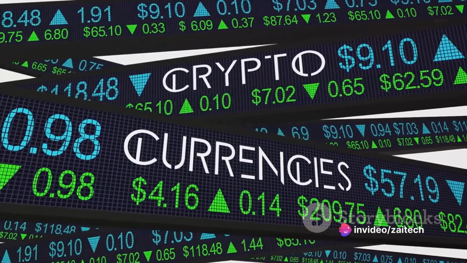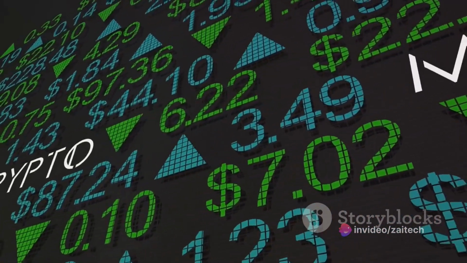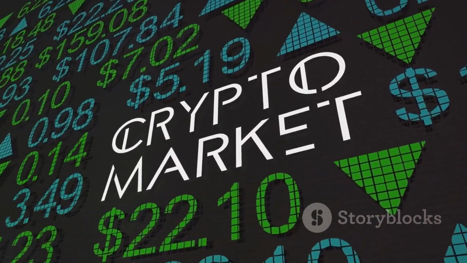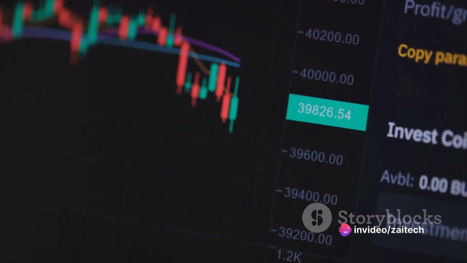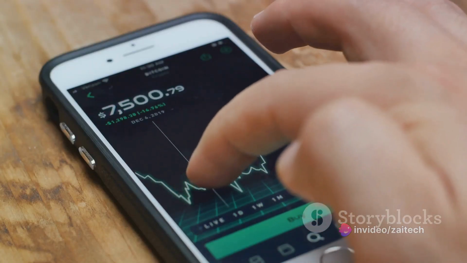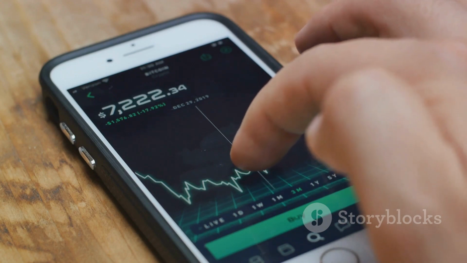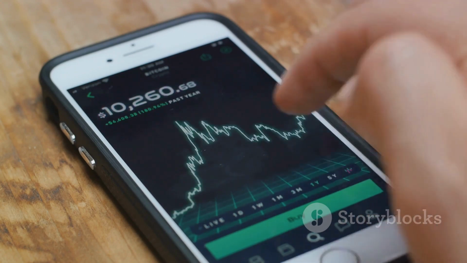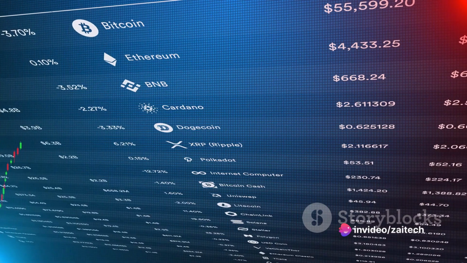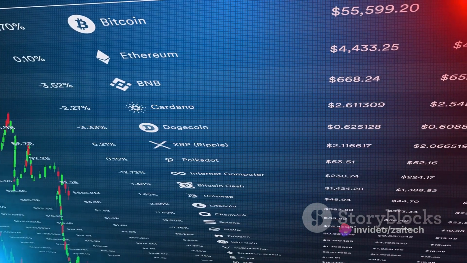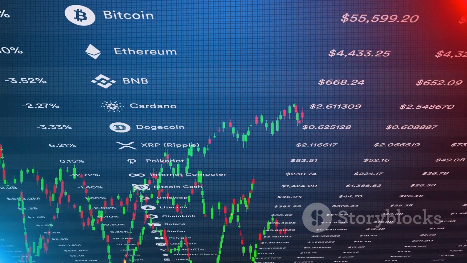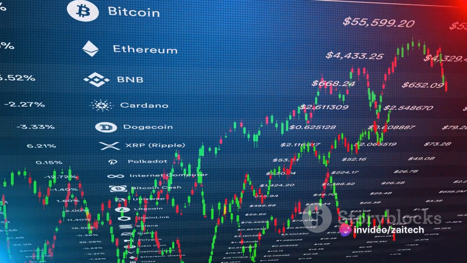Before we begin, it's crucial to set ourselves up for success. The foundation of a successful scalping strategy lies in the selection of the right cryptocurrency pairs. Now, you might wonder, what's the right pair? Well, it's those with high liquidity and volatility. High liquidity ensures that your orders get filled quickly and at your desired price, which is vital for a strategy that thrives on speed and precision. Volatility, on the other hand, provides the price swings needed to make a profit within a short time frame. So, focus on popular cryptocurrencies such as Bitcoin, Ethereum, or Ripple that typically have high trading volumes and price fluctuations.